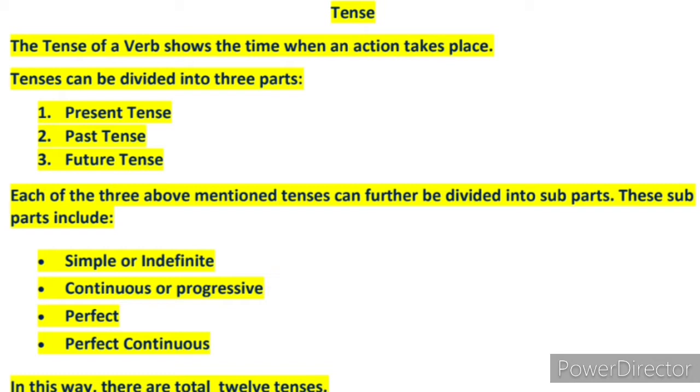Basically, verbs are divided into two parts: main verb and helping verb. There are types of main verbs, forms of the main verb. First, V1, that is the verb's first form; second, V2, that is the verb's second form; V3, that is the verb's third form, which is also called the past participle. Then V1 plus ing, meaning the verb's ing form, and then to plus the verb's first form. This is the infinitive. So basically four forms of the verbs are used in all the 12 types of tenses: V1, V2, V3 and V plus ing form.